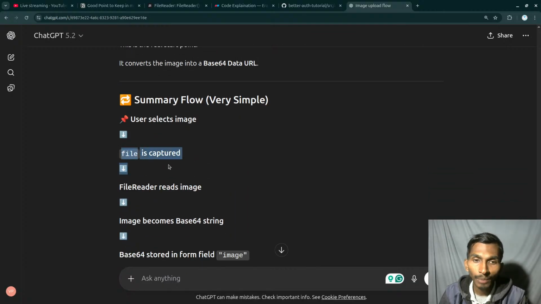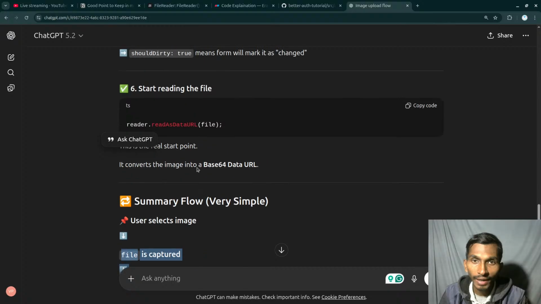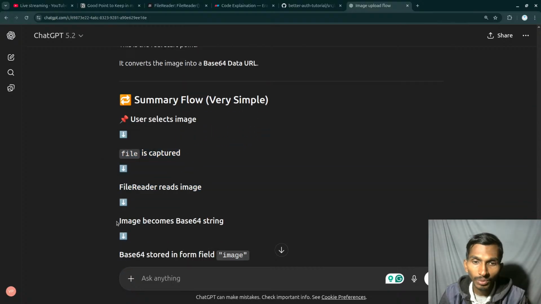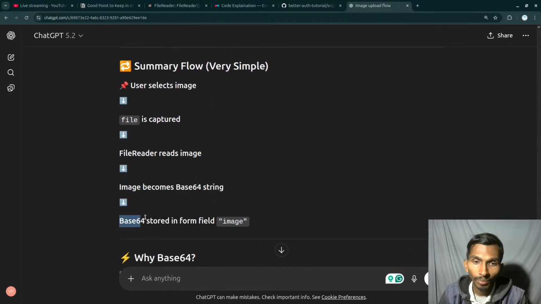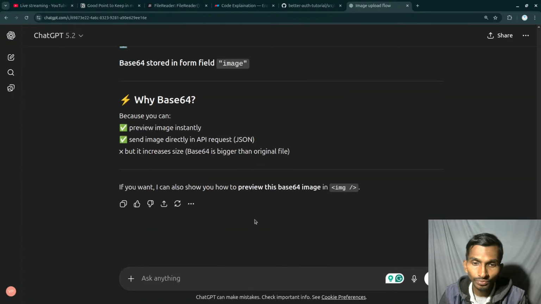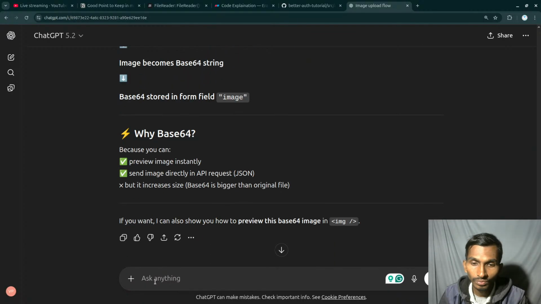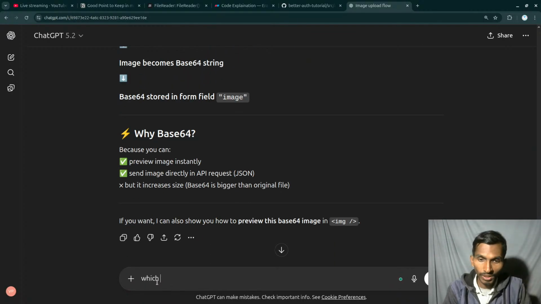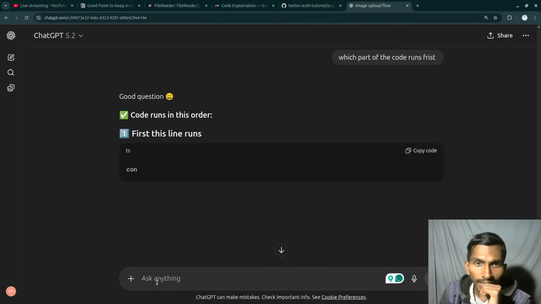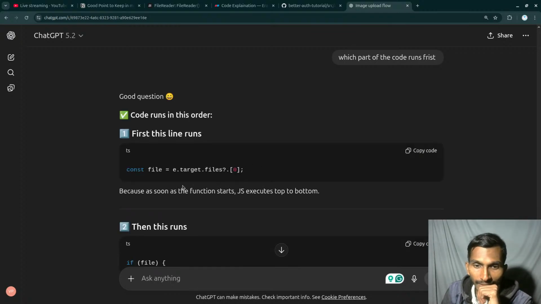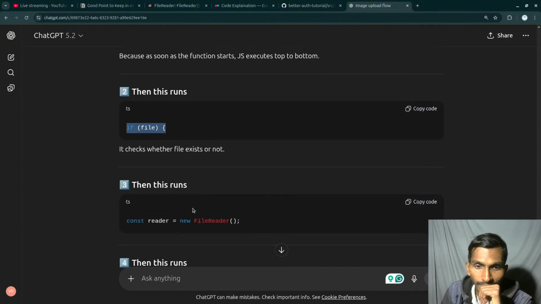So the file is captured, the FileReader reads the image, and the image becomes base64. Which part of the code runs first? I think that one. First of all, this runs, and after that the file checks, and after